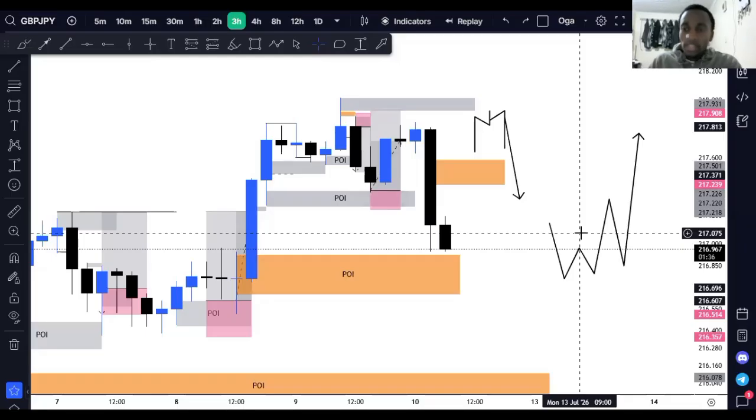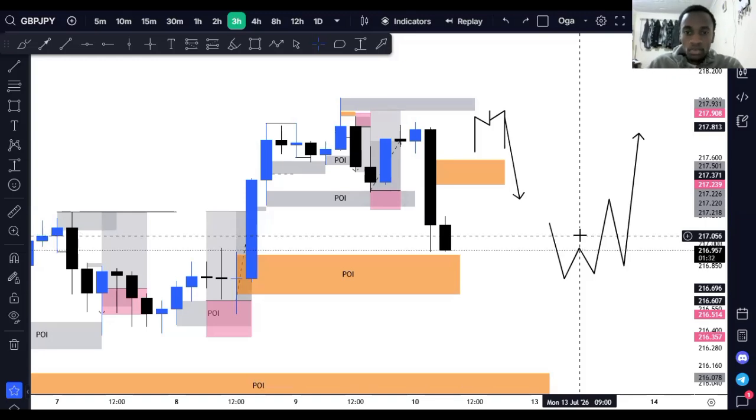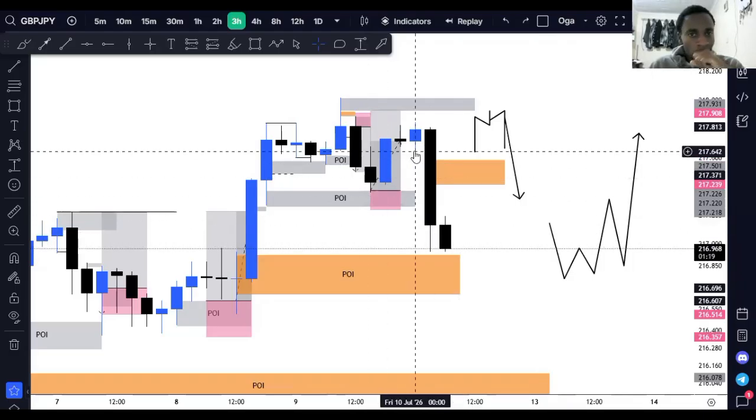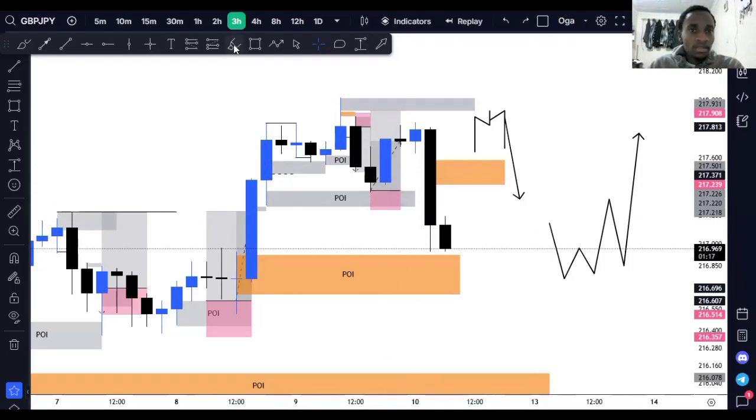Morning guys. So it's Friday 10th July. Yeah, I know I said I don't usually analyze the market or check the charts on Friday, but today, since yesterday price reacted as I anticipated, we